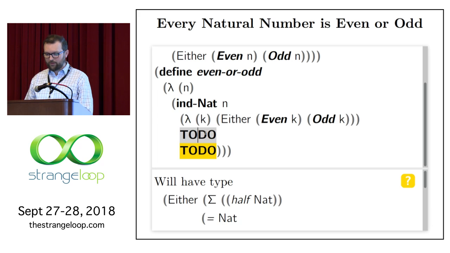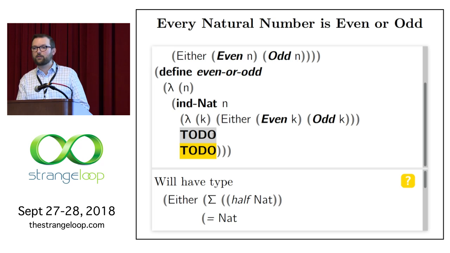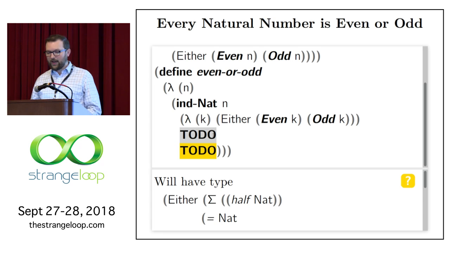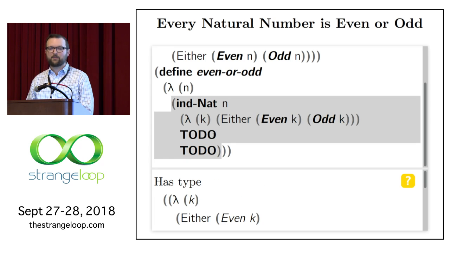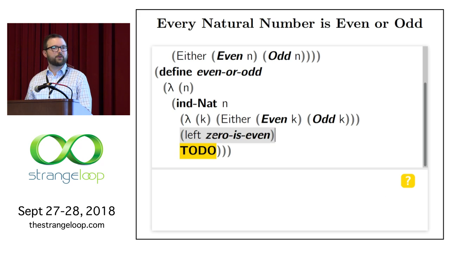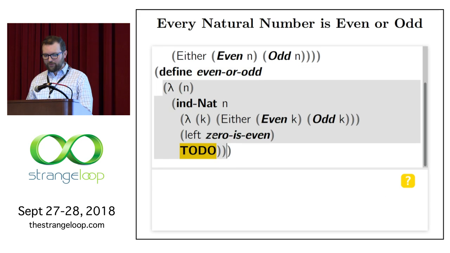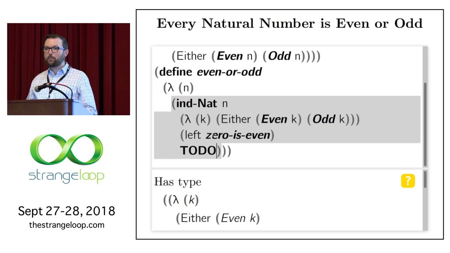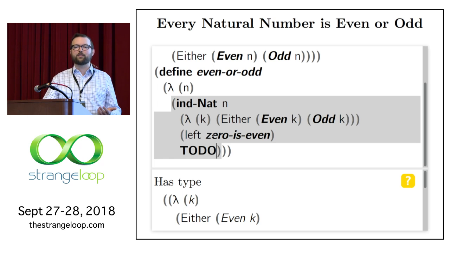And now our to-dos say, well, this is the base case of our recursion, so when n is 0, then we need either evidence that 0 is even or evidence that 0 is odd. And we know how to do that with left, which lets us take the left side of an either, and it's going to be 0 is even, which we already found earlier. And for the case of the step function, the thing that takes the result of the recursion on n and gives us back the recursion on add 1 of n,